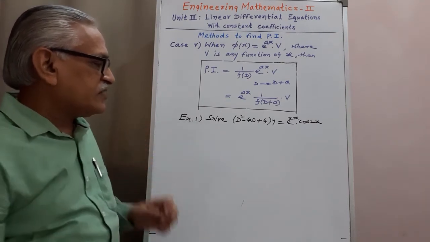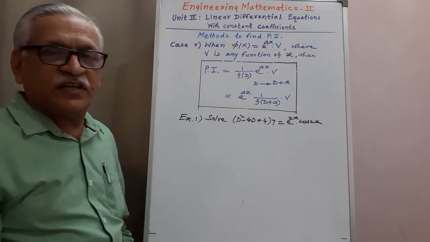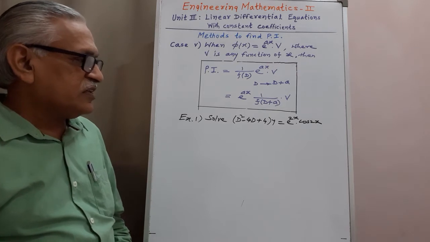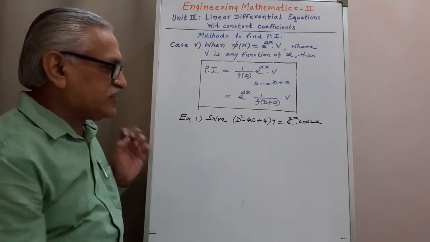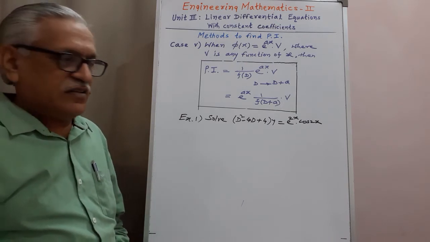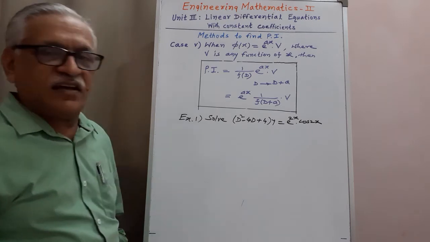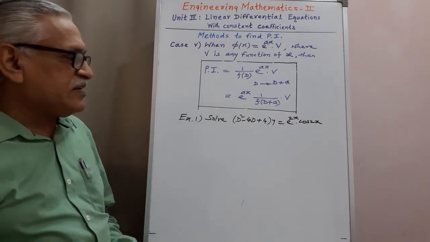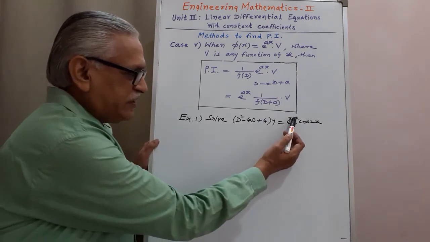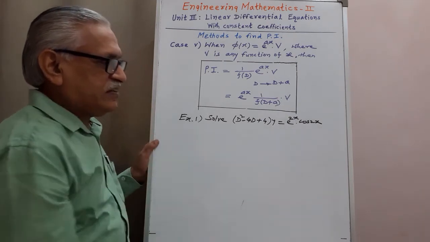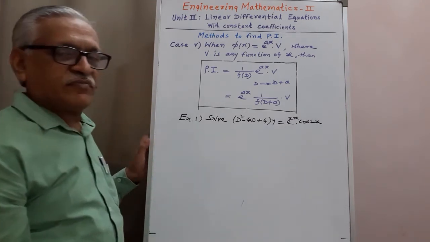Example number 1, solve D square minus 4D plus 4 into y is equals to e raised to 2x into cos 2x. Here the given differential equation is of order 2 with y as a dependent variable and x as independent variable, and the term on the right hand side is in the form of e raised to ax into V. Here that capital V is cos 2x, and therefore